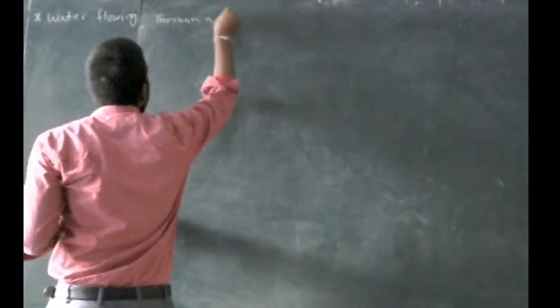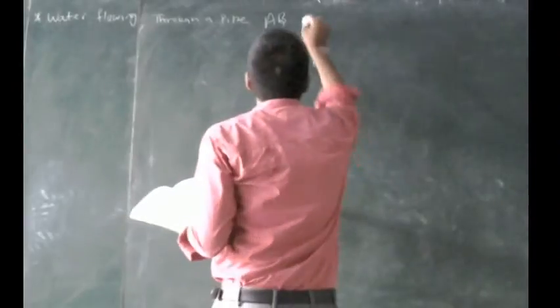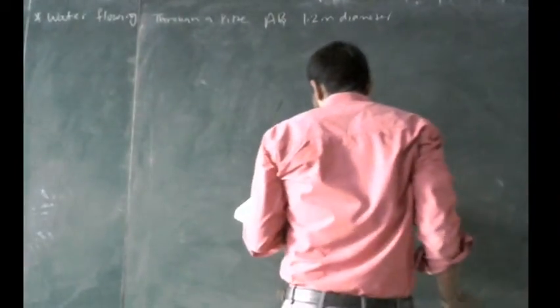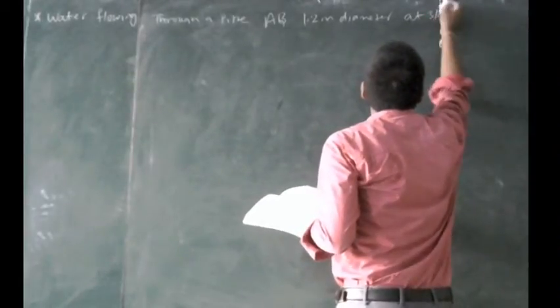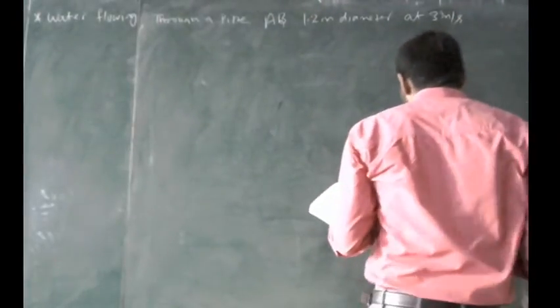Next question, see. The next question is: water flowing through a pipe AB, 1.2 meter diameter, at 3 meter per second, and then passes